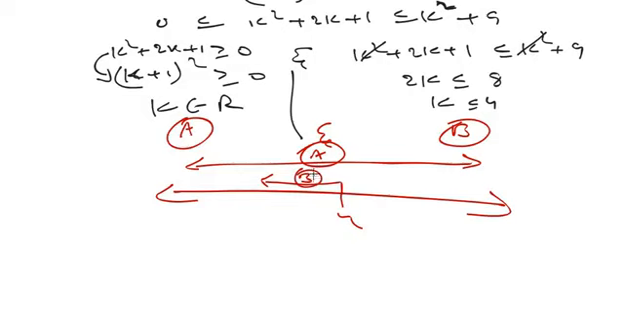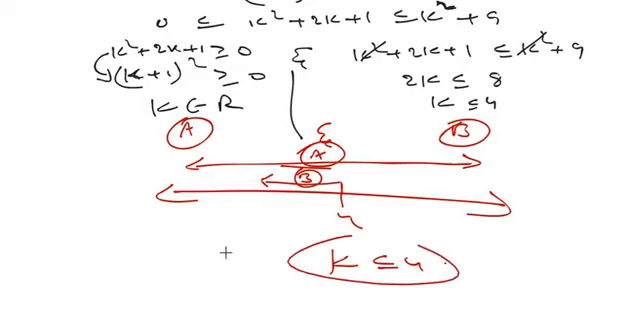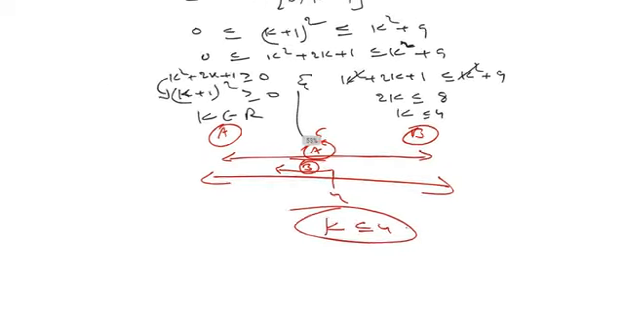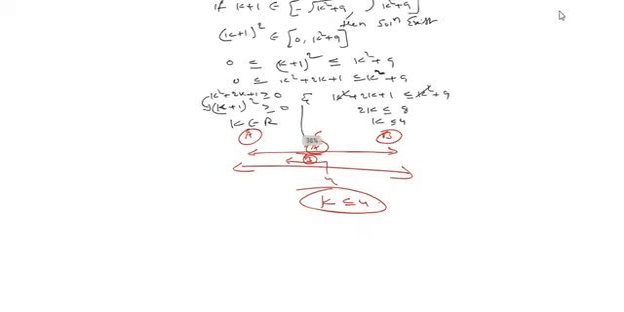What is the intersection part? Solution set A is any real number. Solution set B is less than or equal to 4. So automatically the intersection will be k less than or equal to 4. So what is the solution for the given question? Clearly you can see